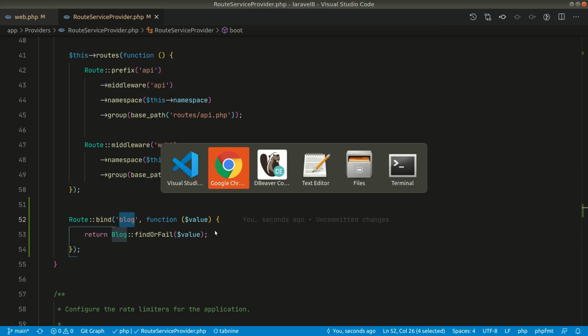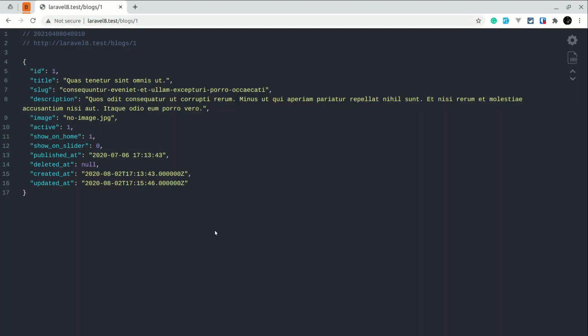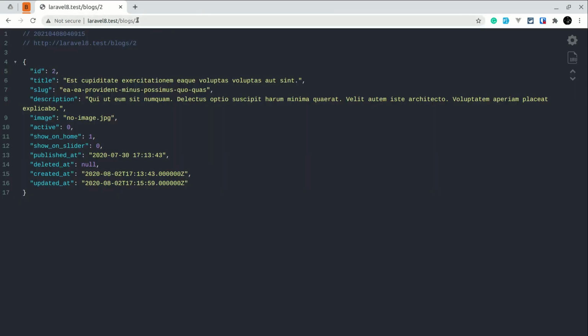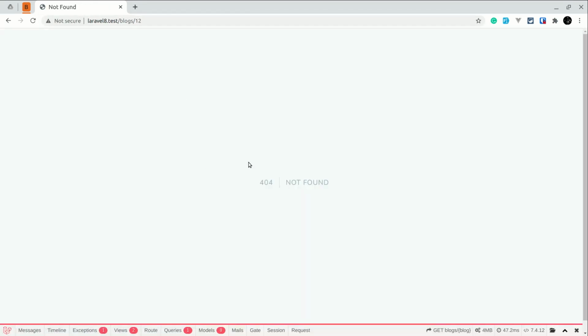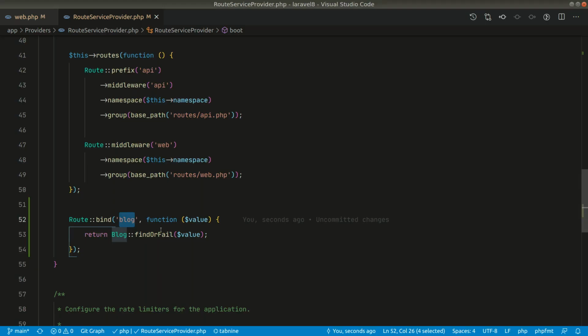Now if I refresh the page, I can get the blog with the id of 1, and now the blog with the id of 2, and if I hit 12, it will give us the 404, because findOrFail will throw a 404 error if it doesn't find this value.